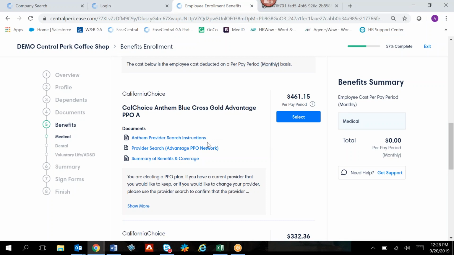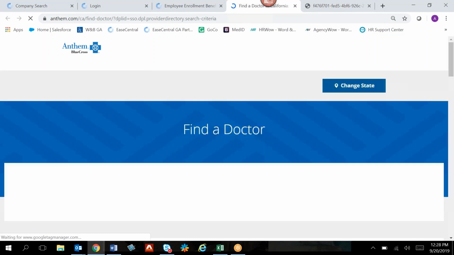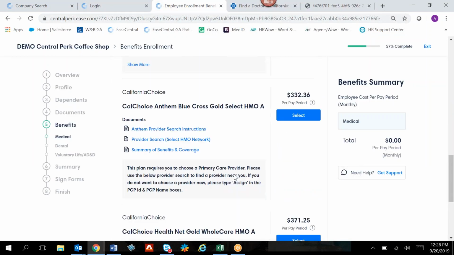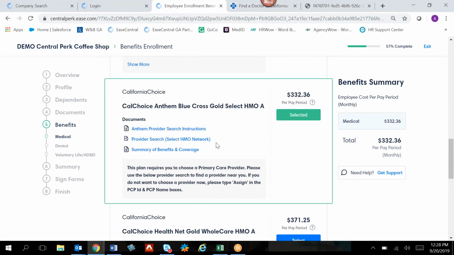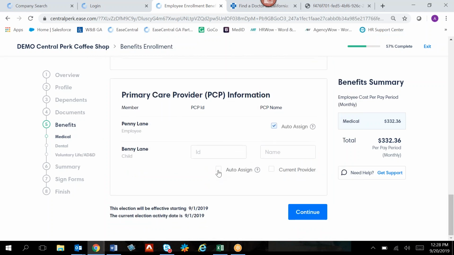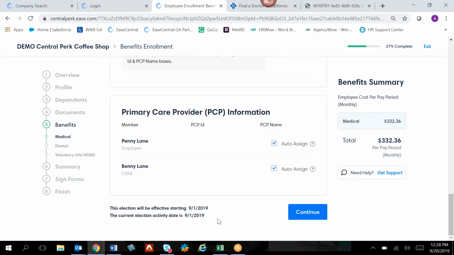We also include provider search links, and we do this for HMOs and PPOs. For HMO plans, it is going to require that they choose a primary care physician, and they can use the provider search link here to search for a provider. But we also do this because we want to make sure that if the employee has a favorite provider that they want to stay with, they're choosing a plan that's right for them and their family. There's also an auto-assign button here if they would just like to be auto-assigned, or they can use the provider